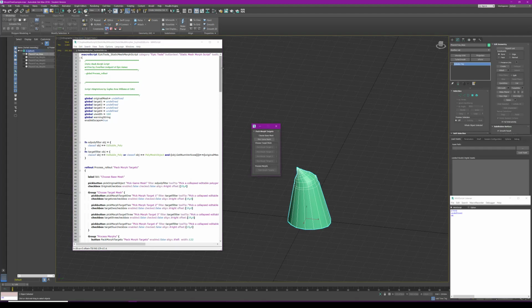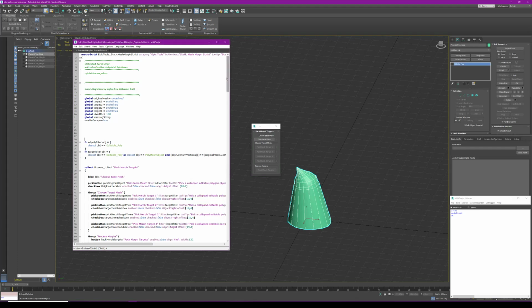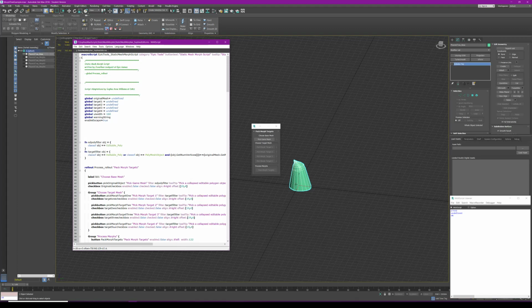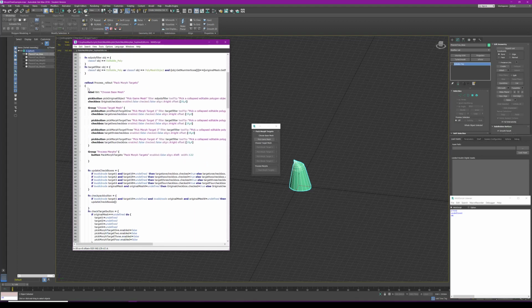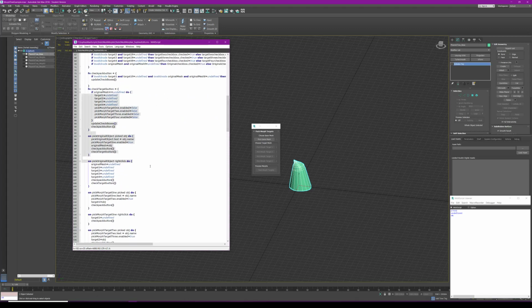So if I walk through how it works a little bit. What this script does is it stores offset information between the original mesh and the morph target mesh within the UV channels. So obviously this part of the script creates the rollout, it adds the buttons, then we add capabilities and checks for